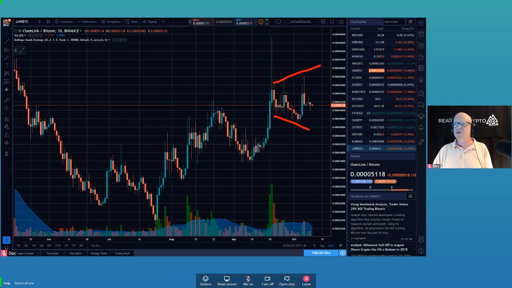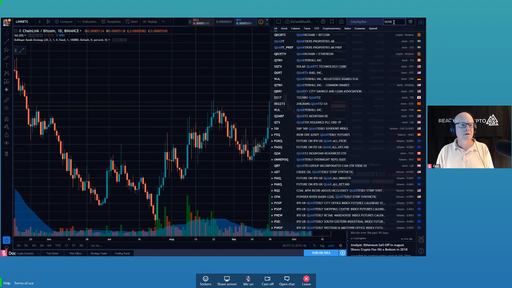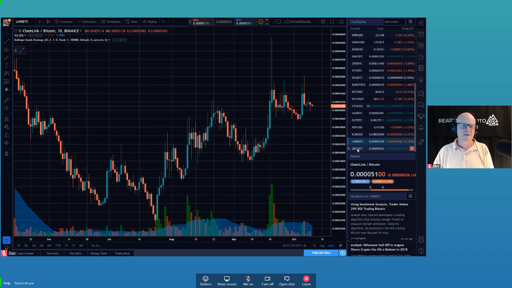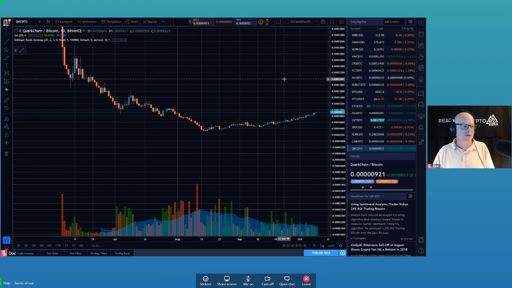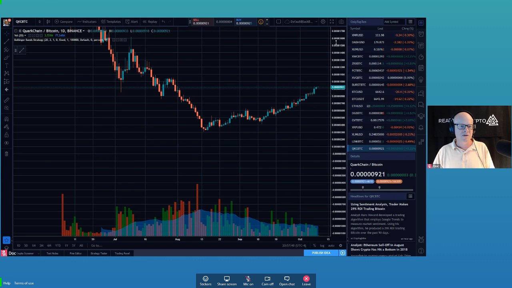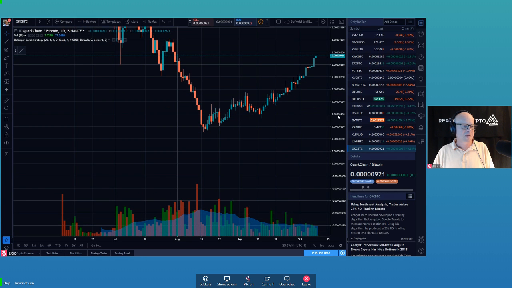Okay, so Quark chain. I don't know about Quark chain. Let's see. I don't even know what the symbol is for Quark chain. Oh, there we are. We found it. We got lucky. Okay, so let's look at Tony's coin. This is Quark chain. Boy, is this just a big rounded. So what do you think the trend is there, Tony? You have an uptrend, sir. You have an uptrend. So right now, enjoy yourself. You found one of the few coins out there in an uptrend.